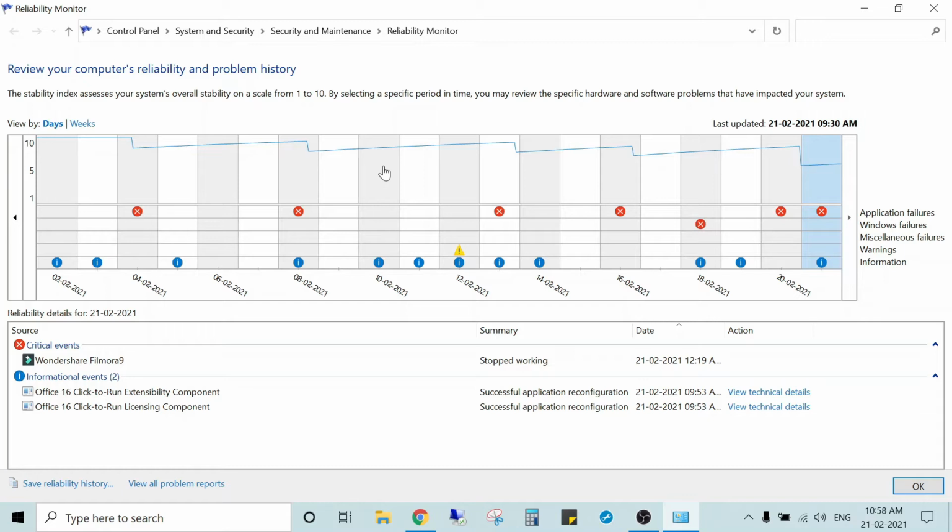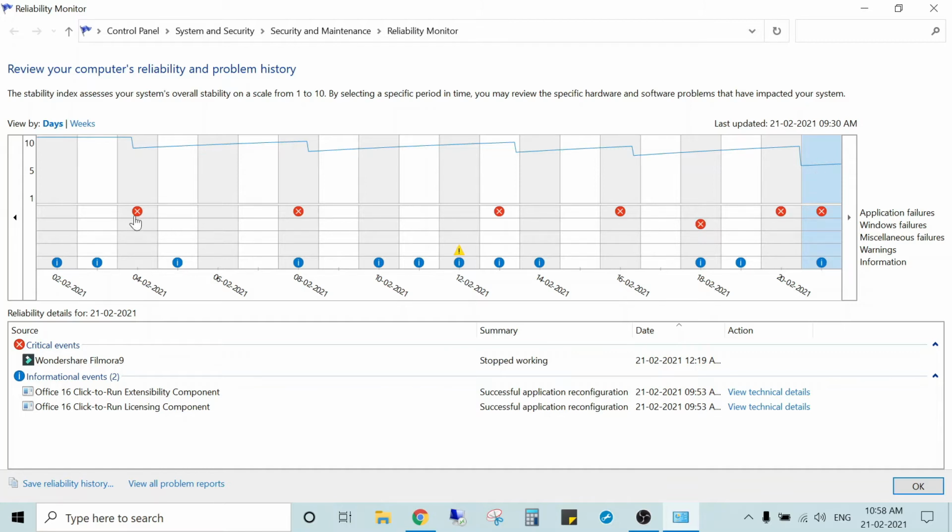So this is nothing but the stability index. It assesses your system for stability on a scale from 1 to 10. It will give you the performance and ratings of your laptop, in which condition your laptop is going through. Like you can see in my graph here, the rating is 1, 5 and 10. So from the past 1.5 months you can see my graph is almost 8 to 10. Here it has decreased steeply. Still this is a good performance, I think.